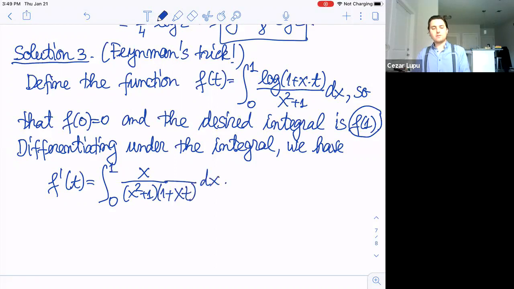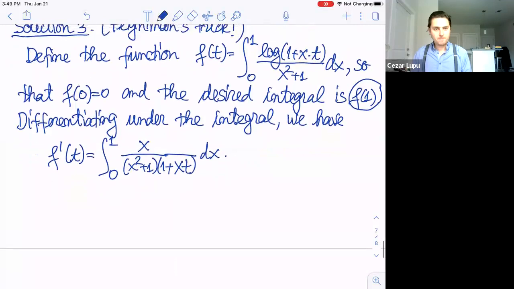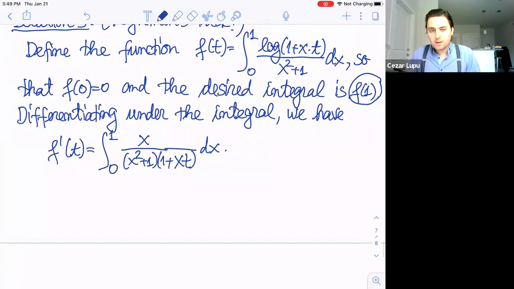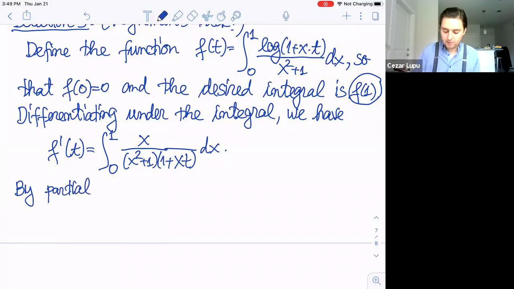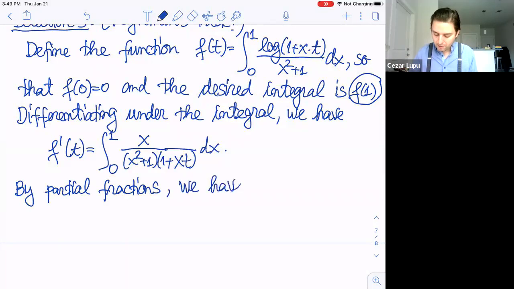All right, so that's the derivative, right? Now by partial fractions, because we can write what is inside the integral as a partial fraction, and I'm going to skip the details, we have that f prime of t